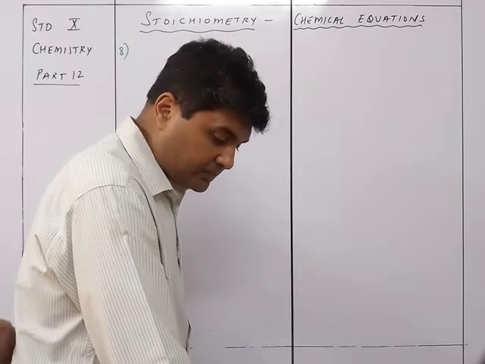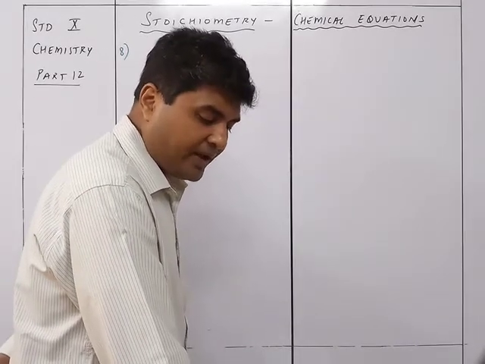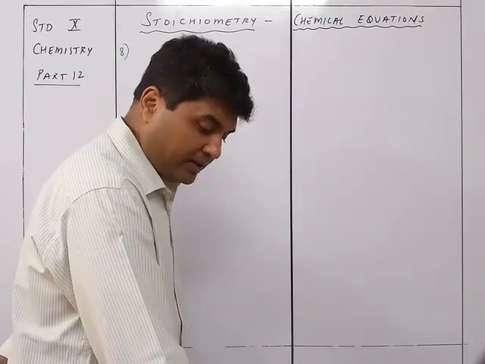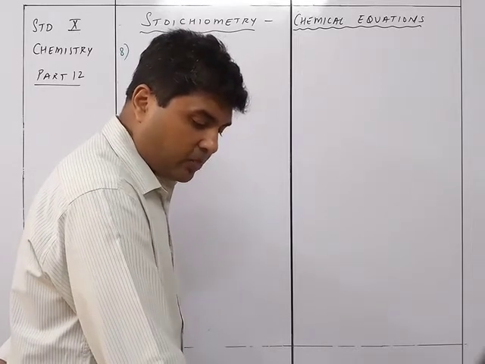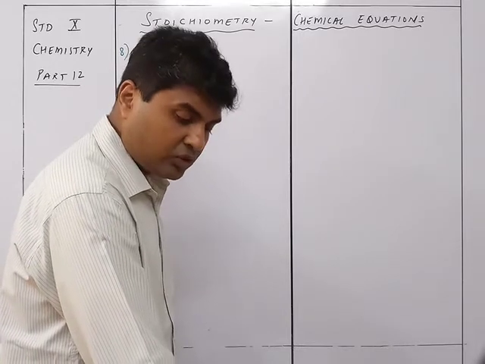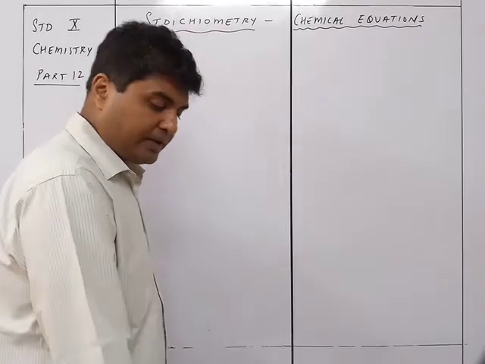So there are two things. One is ammonia reacting with sulfuric acid to give you 78 grams of ammonium sulfate, and the second is when ammonia gas is released when ammonium chloride reacts with calcium hydroxide. So there are two things, so we'll take it as two different questions. We'll move on, we'll take the first one.